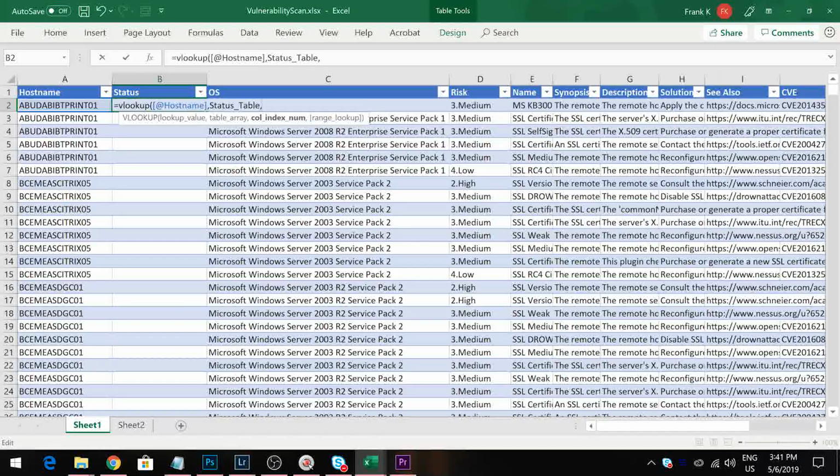Column index number. So that means in the table that we looked at in the previous sheet, there's two columns in there. What column do you want it to return values for? So the first column was the host name, the second column was the support status. So we're going to put a number 2, hit the comma again, and now this is where you're basically choosing